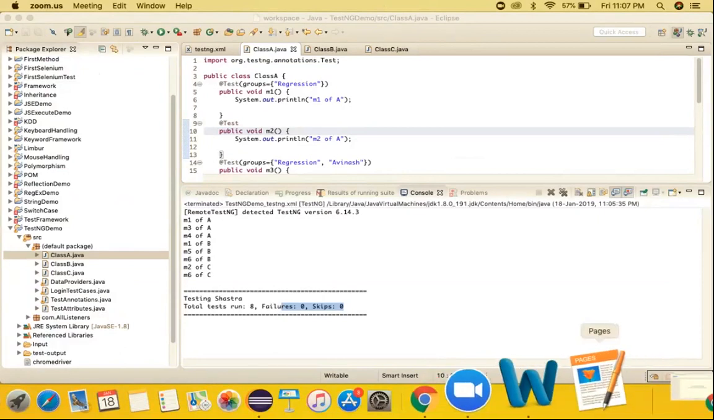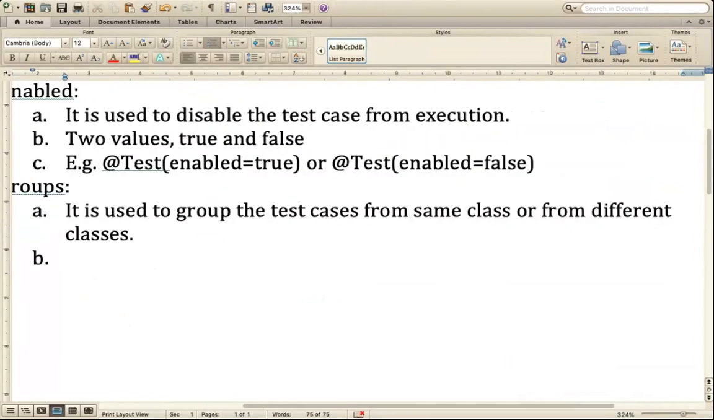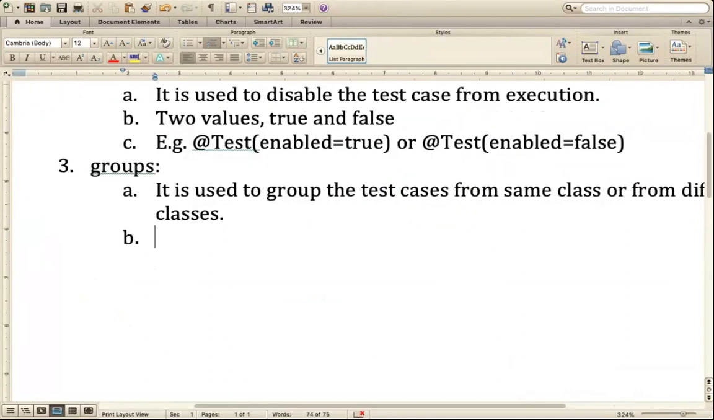Groups. So let me write down about it quickly over here. Groups. It is used to group the test cases from same class or different classes. Okay, this is the first point. Next, what we can say about groups is